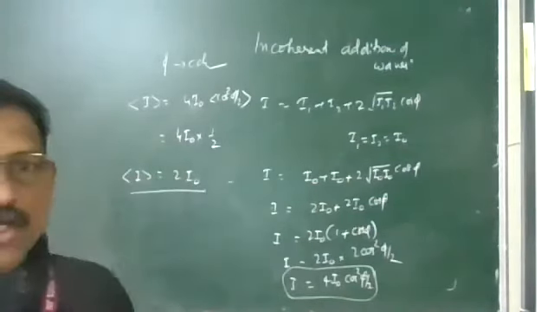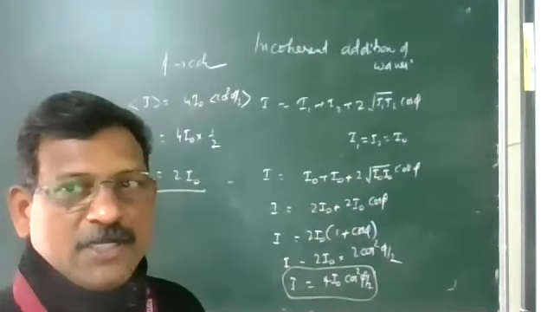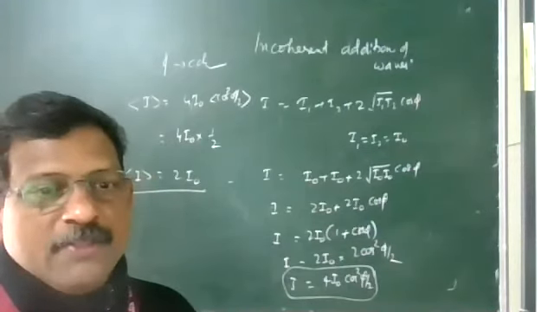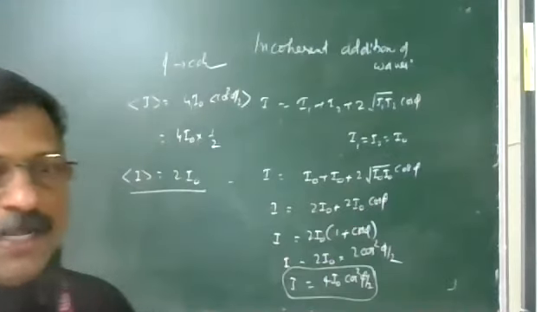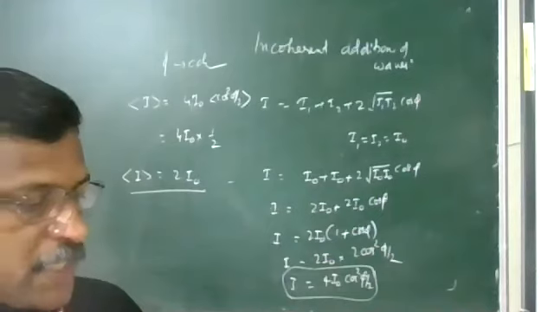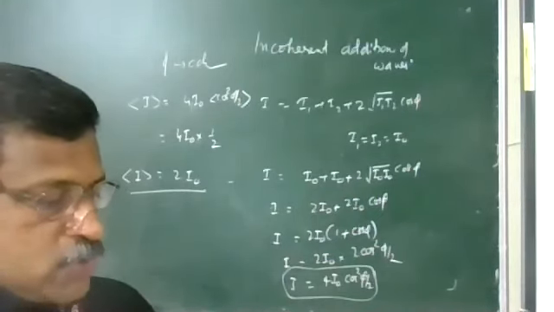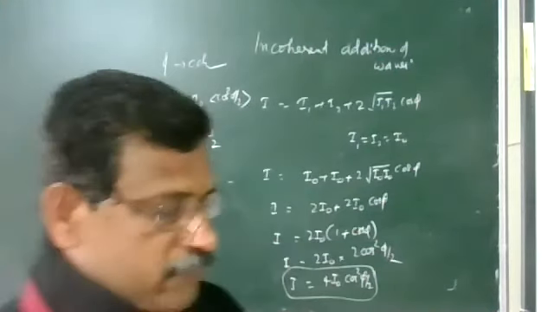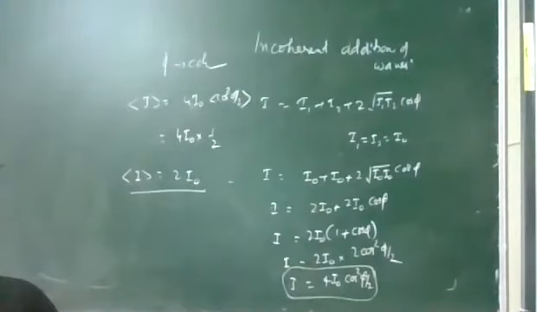So actually, you will not see any interference. If the phase difference is continuously changing, just like in the case of incoherent sources, then we will not see an interference pattern. Instead, an average intensity of 2 I naught will be observed. So if the sources are incoherent, we observe an average intensity; the intensities simply add up. If you have separate sources, you cannot see interference.